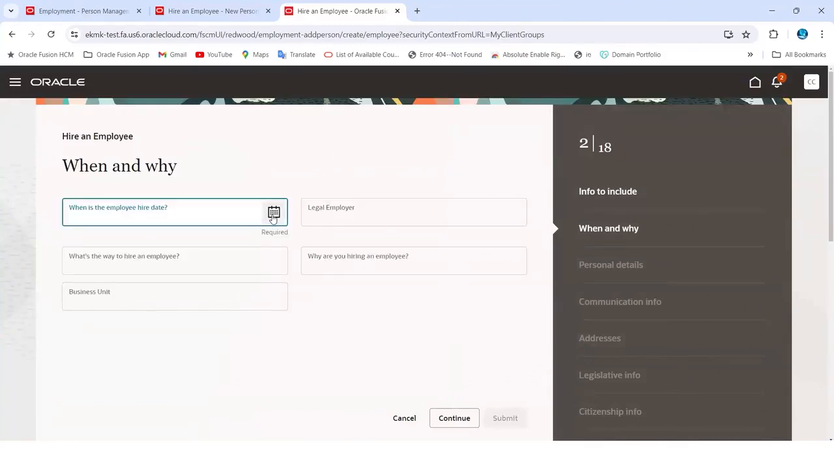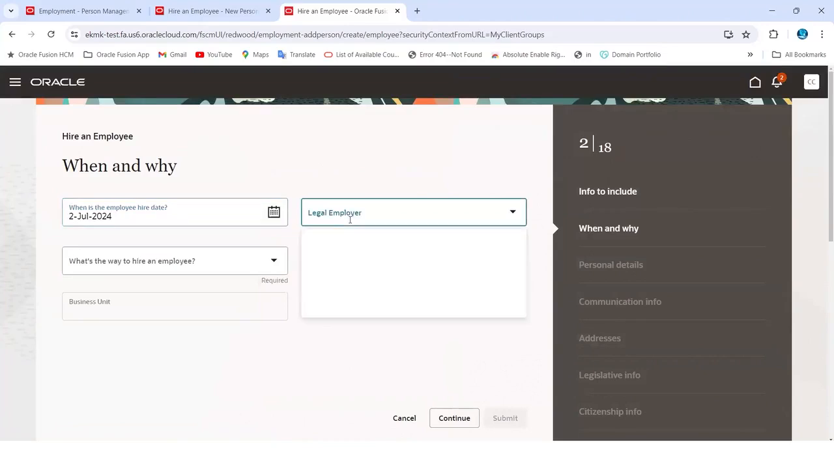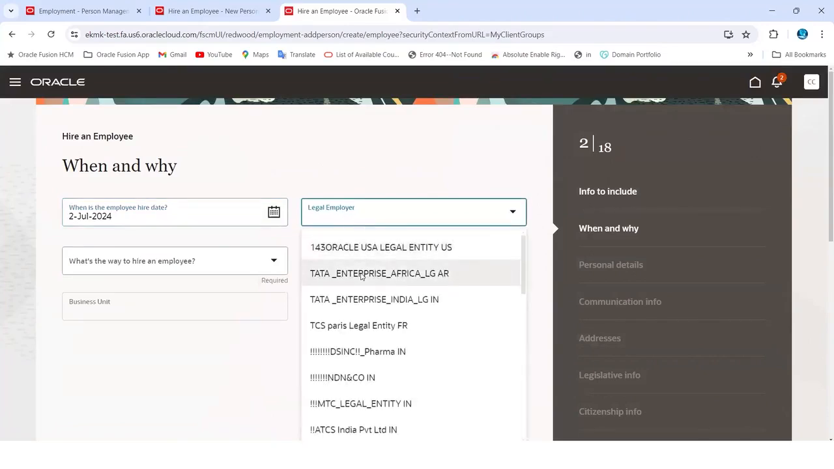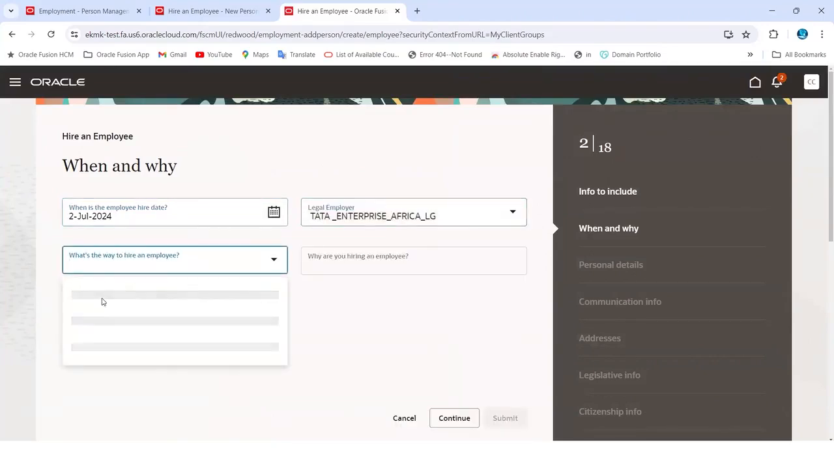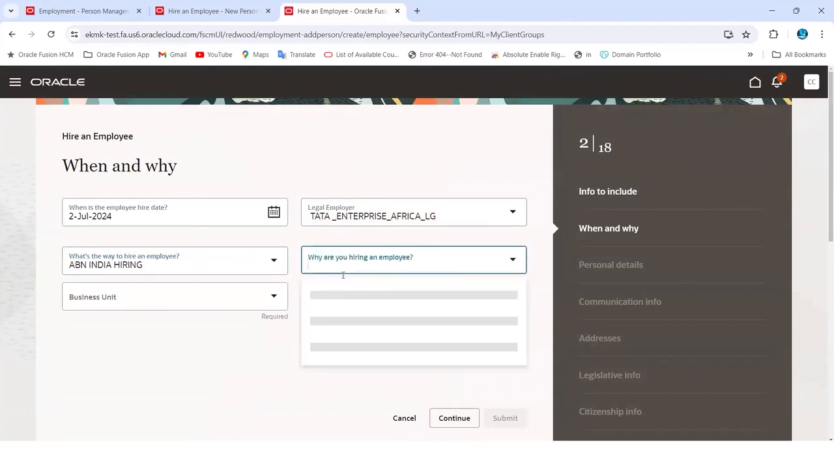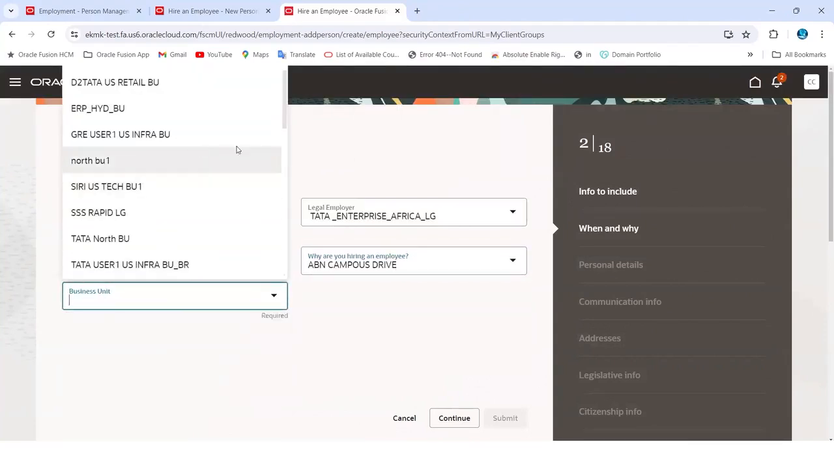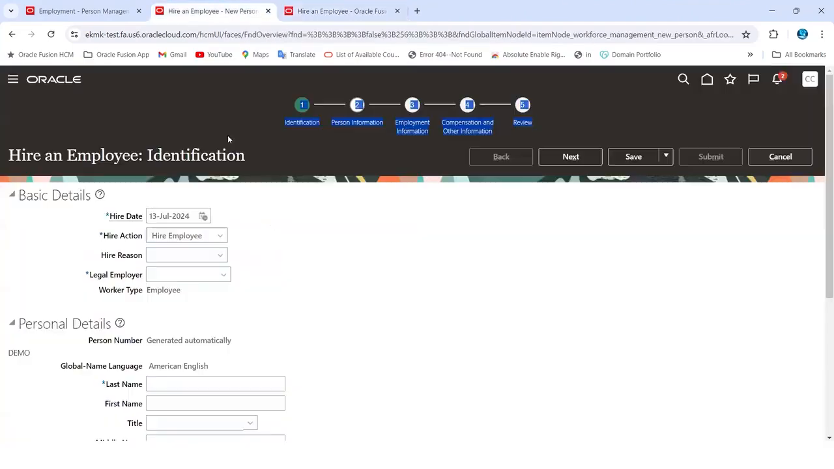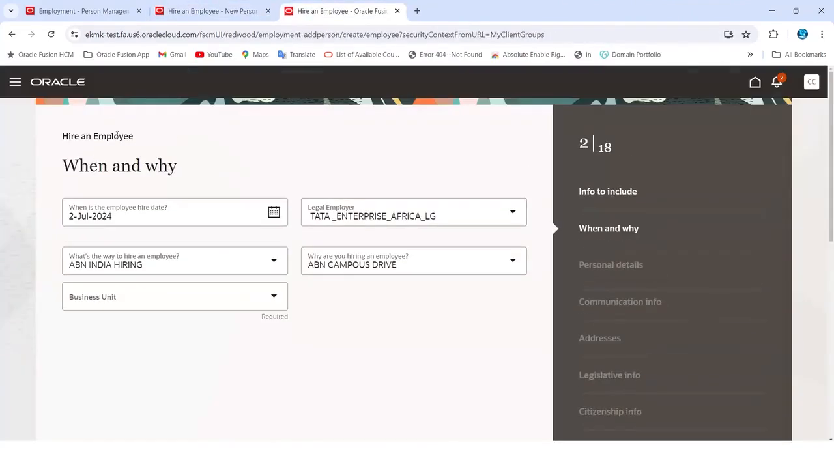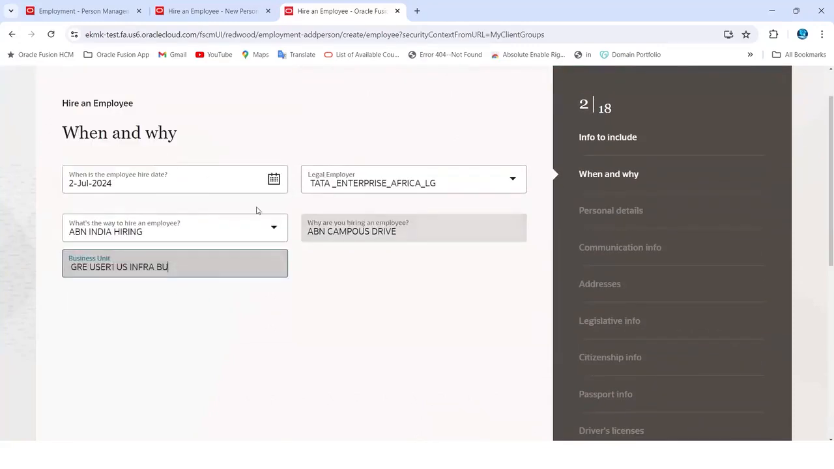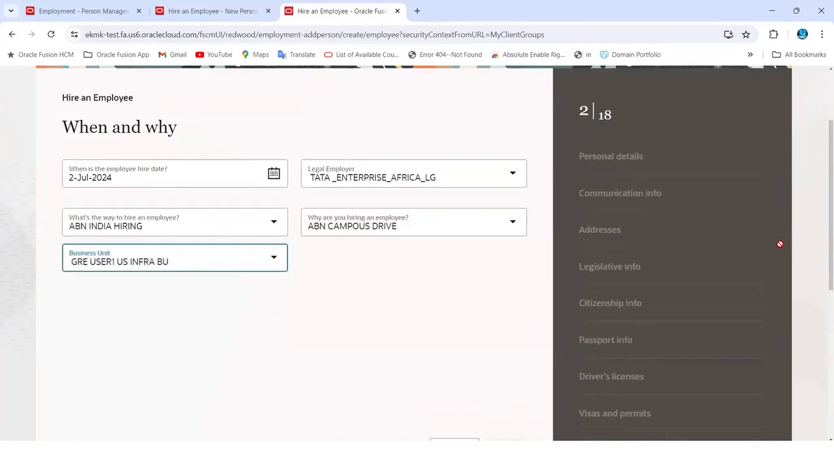Now see, employee details will be captured. See, the hire date of the employee. Then the legal employer in which you are hiring the employee. Then your action, action reason. Then in which business unit you are hiring the employee. Same, team. Either you perform the hiring from this or this, the transaction remains the same. You are hiring an employee. So I'm giving some business unit. Okay. Then if I click on Continue,